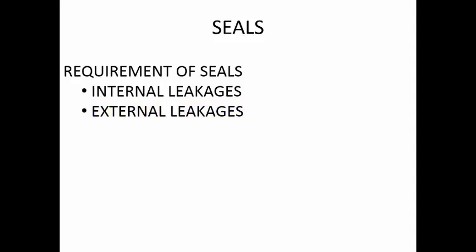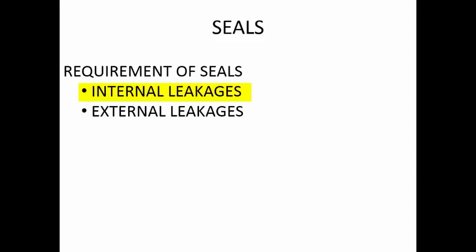So whenever we say seal, it is used to prevent leakage, but there are two kinds of leakages. One is internal leakage, the other is external leakage. Internal leakage means the fluid is not escaping out of the system. You have a hydraulic system that starts from the reservoir, the oil goes into the pump. From the pump it goes to different valves through different pipes, and then reaches the actuator. From the actuator, we bring the oil back into the tank. So this is a completely closed system.